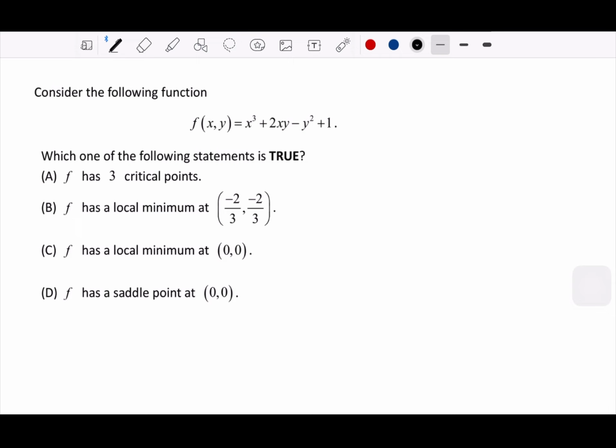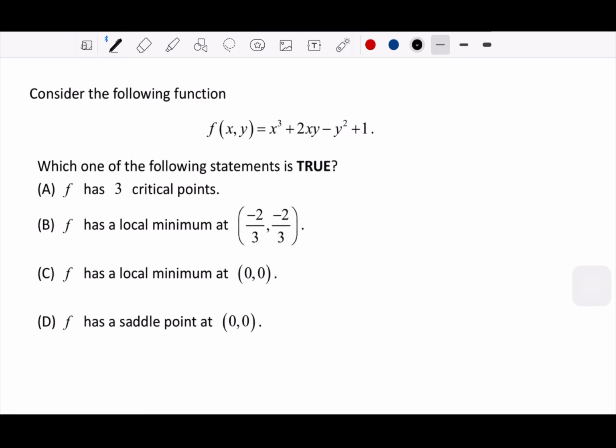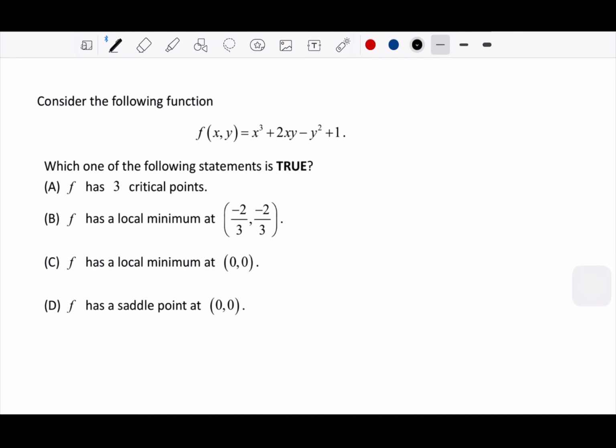Okay, this is the additional video for Lagrange method and finding the maximum minimum value in partial derivative. So if you see these questions, you can pause the video and try to solve it and state which following options is true. Okay, now the solutions for this case is